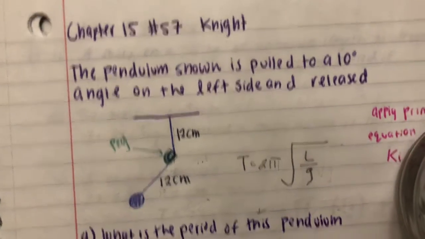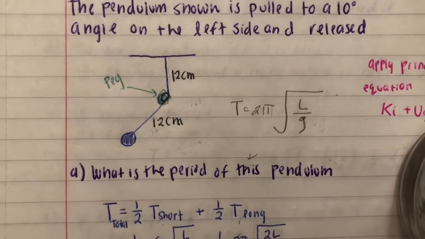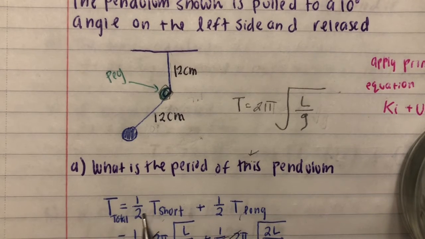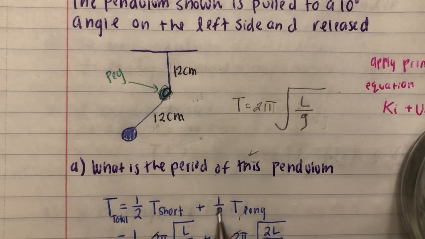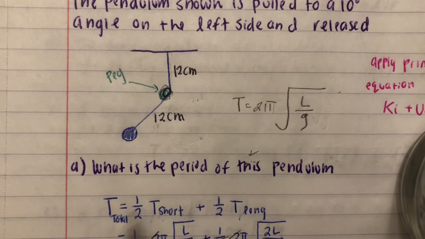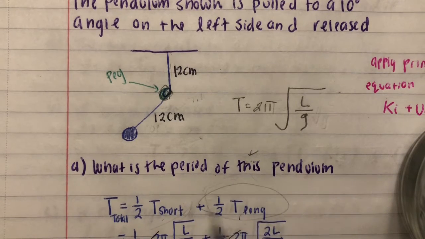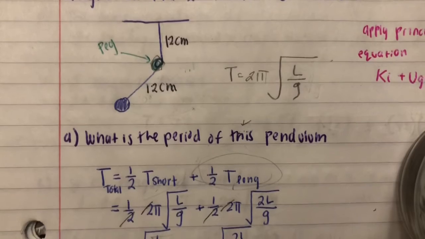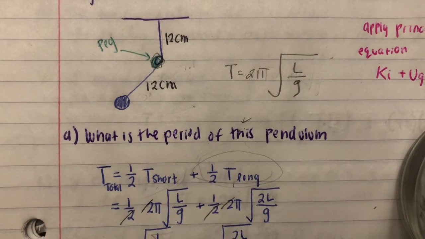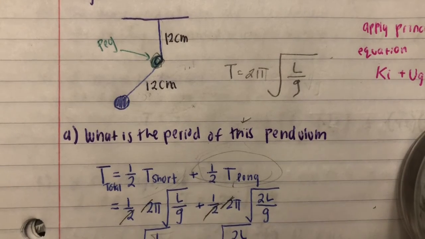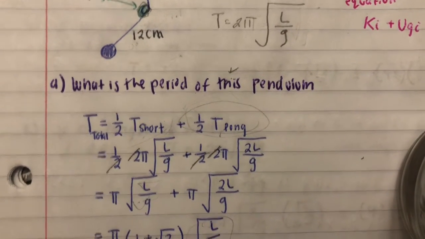So this is the equation we're actually going to use, which is the period total is equal to half the period short plus half the period long. This represents the short pendulum with the length L that makes half the oscillation on the left side. And this represents the same thing, but on the right side. That is the equation, and we're just going to do some algebra, eliminate some stuff,